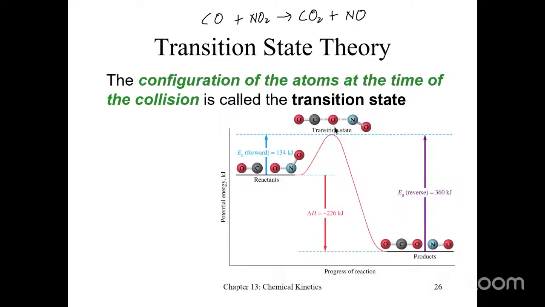So the transition state will basically be a structure where you have the oxygen simultaneously linked to the carbon of the carbon monoxide and the nitrogen that was a part of the nitrogen dioxide, right? So this structure here is called the transition state. And an interesting thing about the transition state for reactions is that, and I can only say to the best of my knowledge,